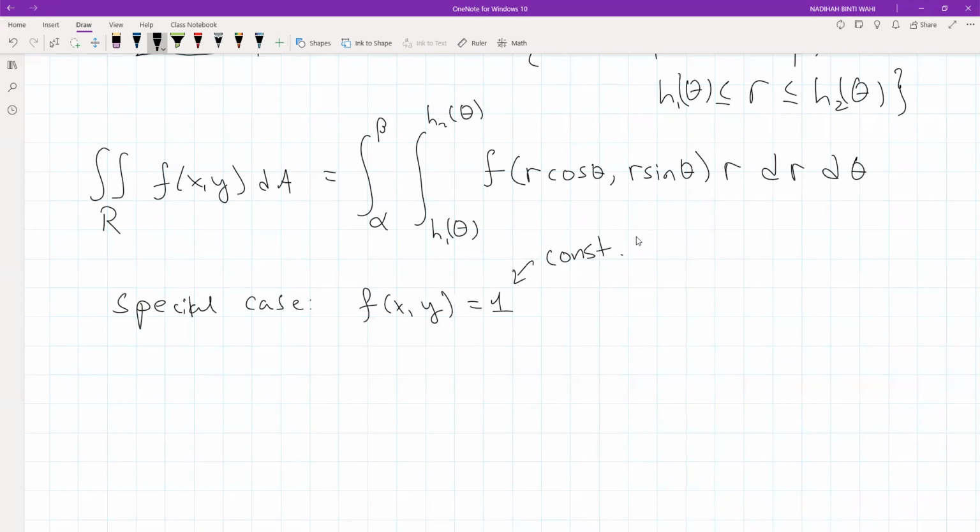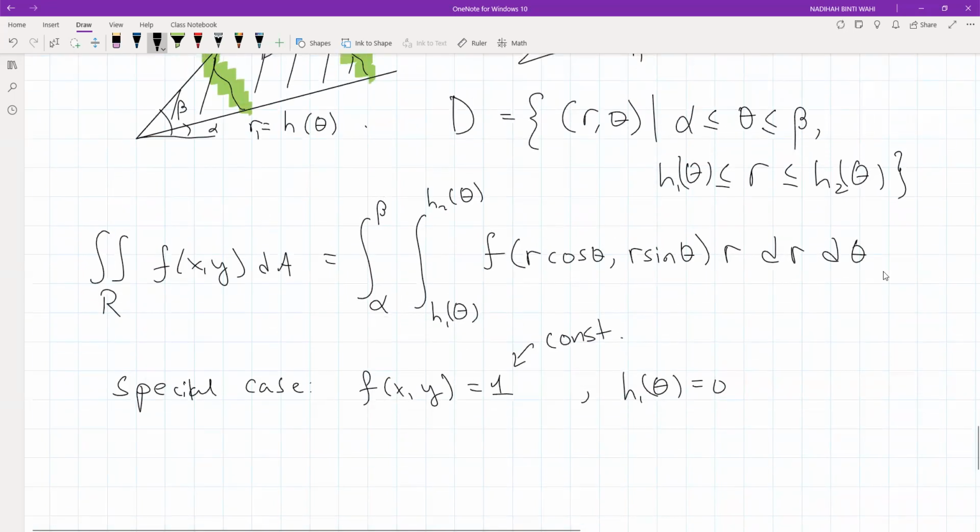Can be anything, but in this case, try 1. Sebab dia, this is an easy number. And then h of 1 equals to 0. Apa maksud h of 1 equals to 0? Meaning that this is start